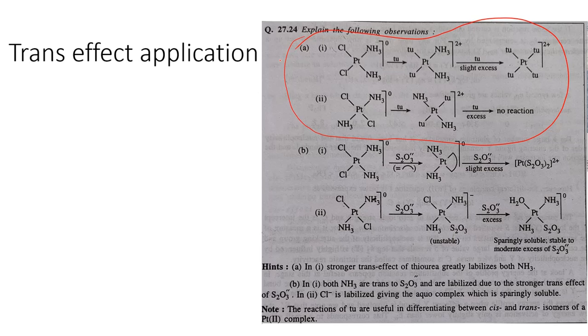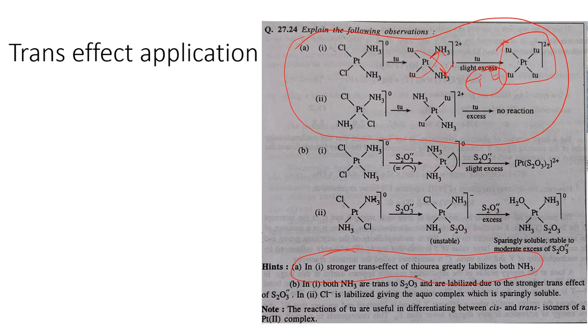Whenever we react cis and transplatin with thiourea, after reacting with 2 moles of thiourea they will form a complex. The cisplatin, even after that, will react again with thiourea, but transplatin will not react. In the case of cisplatin, the strong trans effect of thiourea levelizes both ammonia,